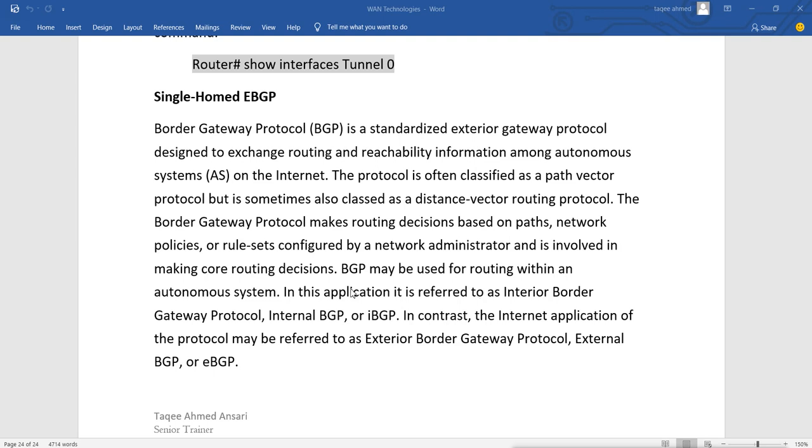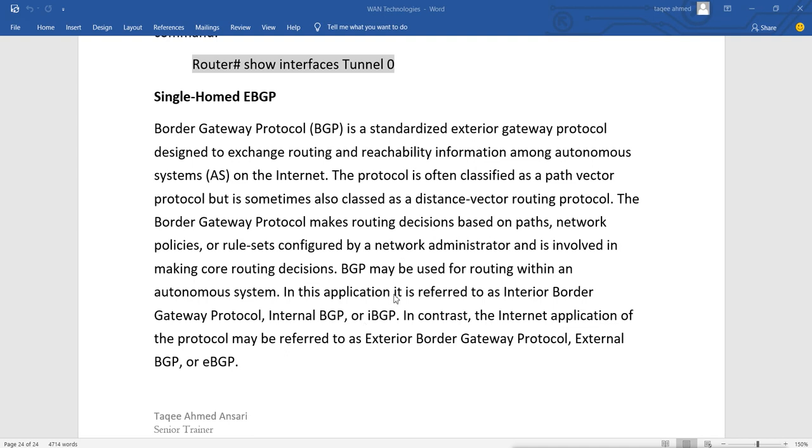Now if you want to combine those different domains, if you want to do routing between these two different domains, then we'll use this BGP. That is why it is called border gateway protocol. So it does routing between two different autonomous system numbers on the internet. We can even configure it within the same autonomous system number, and it is called what? IBGP, internal BGP.